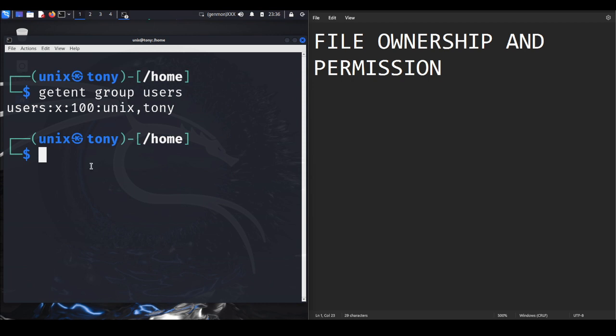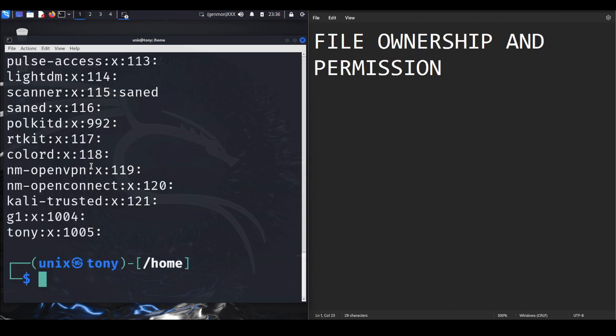Then we need to check the available groups. So we have Kali, the G1, and then Tony, the independent group for each user. So to do our activity,